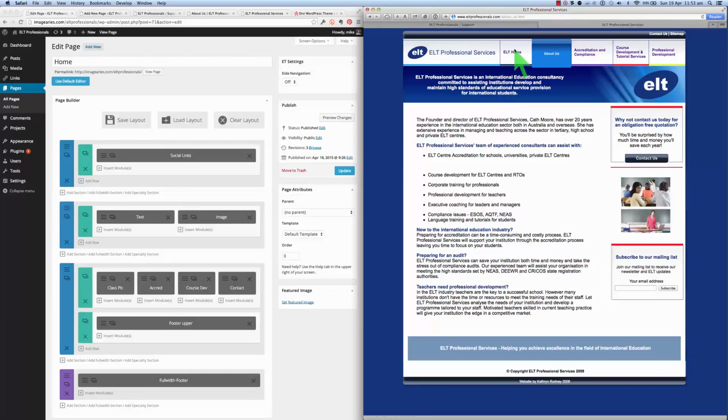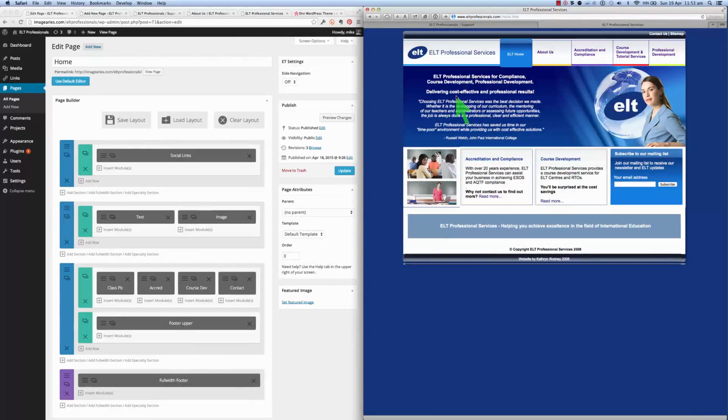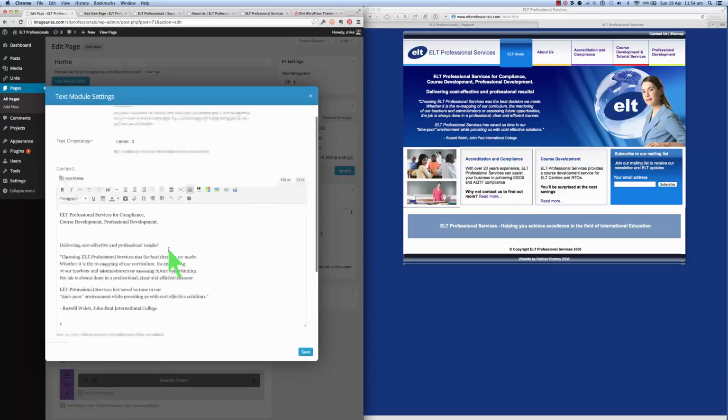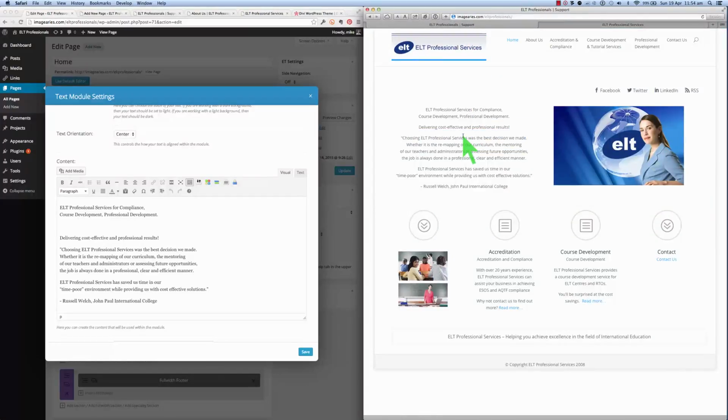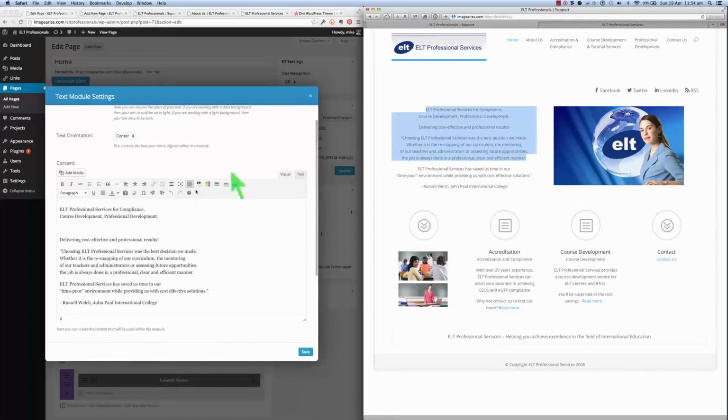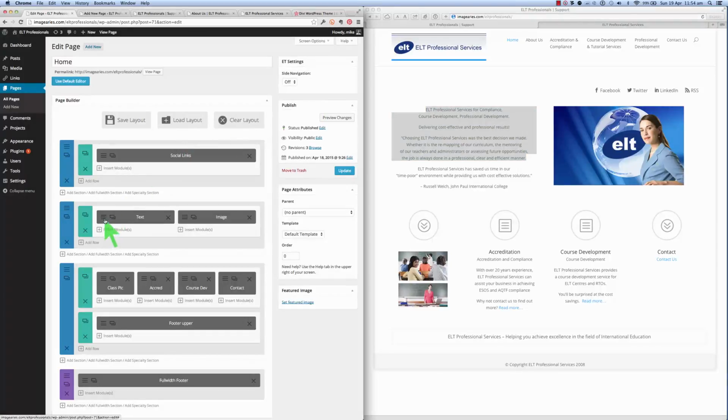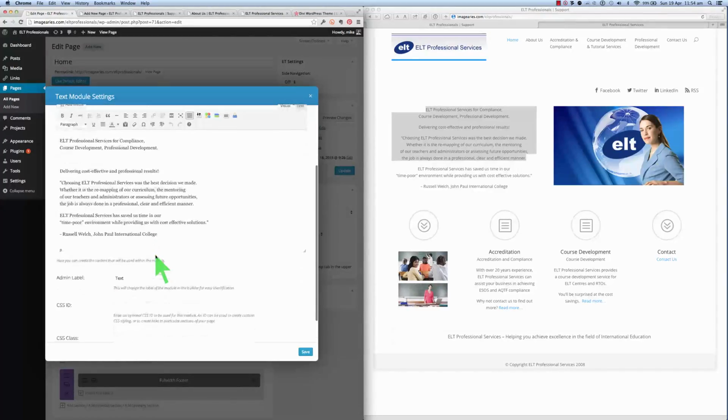Okay, so going back to the home page, got a section here with text on the left and an image on the right. So that's effectively 2 columns, and that's reflected here on the left hand side. Got a text box here, so you can see that text on the web page, which is here. That text on the web page is editable in this module on the left hand side. So basically you browse to the page, see that text there, that's a text box, click on that icon, and then we can